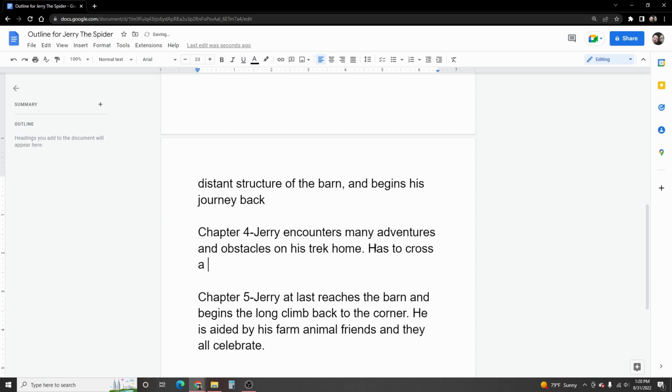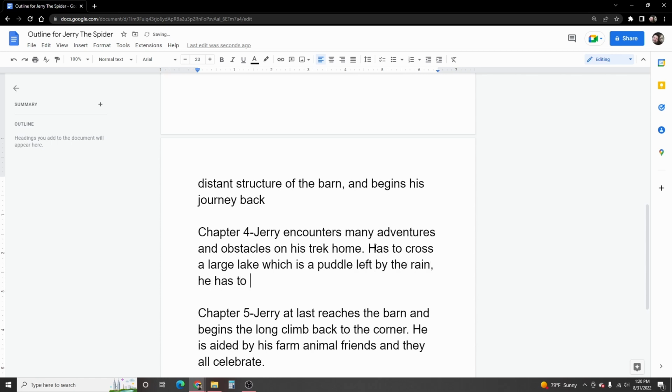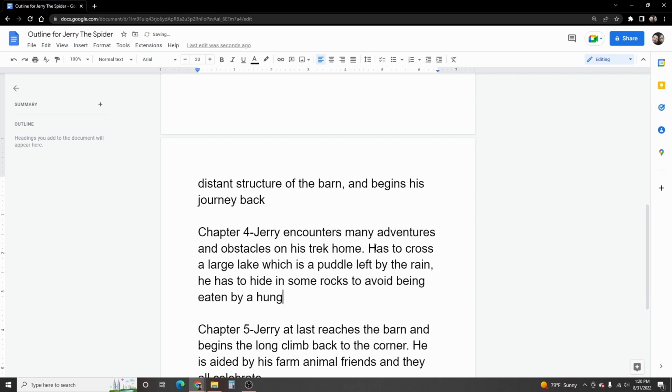Has to cross a moat. Let's see. Has to cross a large lake, which is a puddle left by the rain. He has to hide in some rocks to avoid being eaten by a hungry bird above, and finally he must,